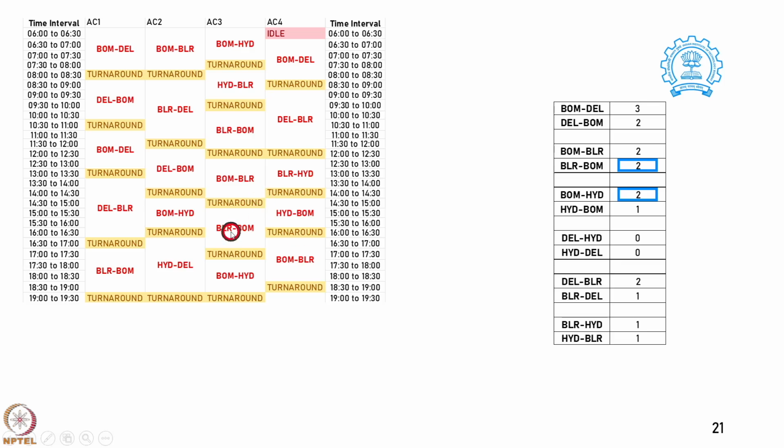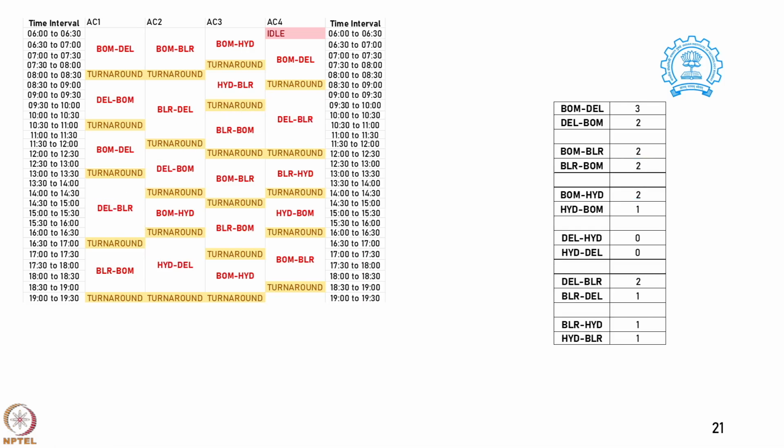So, one of them is here, Bombay to Hyderabad, this one flight is here and the first one was here. So, we have kept now 2 flights between Bombay to Hyderabad, okay. And there is one flight from Hyderabad to Bombay and 2 flights from Delhi to Bangalore, which you can see here. So, total so far you have 2 flights from Delhi to Bangalore, one of them is here Delhi to Bangalore and then you have this flight Delhi to Bangalore.